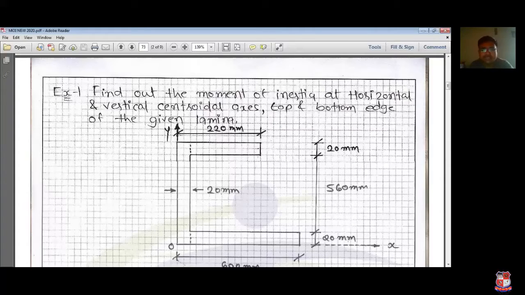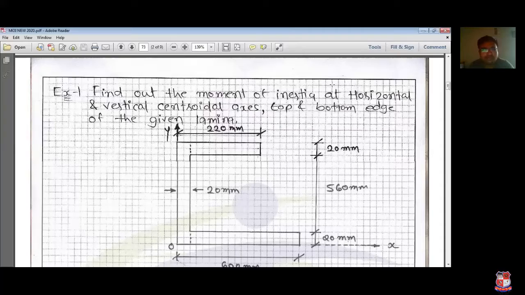After calculating the centroid, next you have to find out the moment of inertia about the x-axis as well as the y-axis. So you have to do all these things precisely. If you have a composite body, then you have to divide your object into different parts. In this you have different terminology: either you take some shape as a common shape and remove something, or you add something. So that is the important thing.